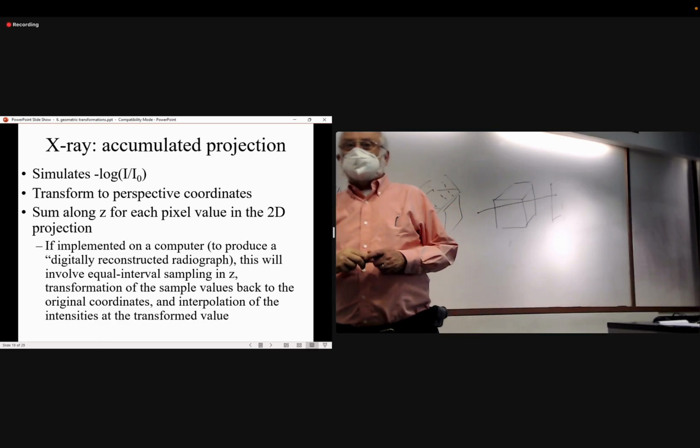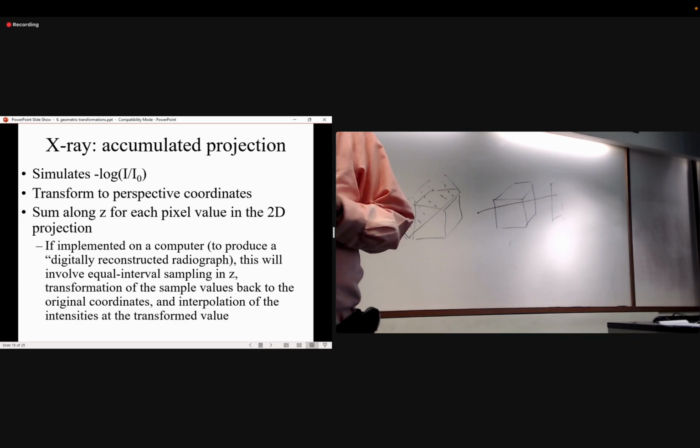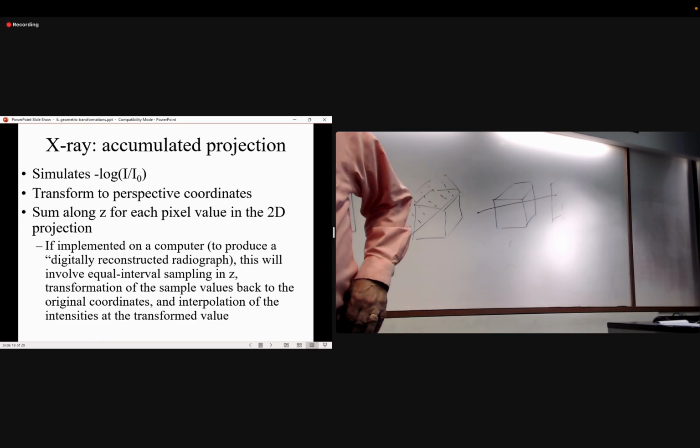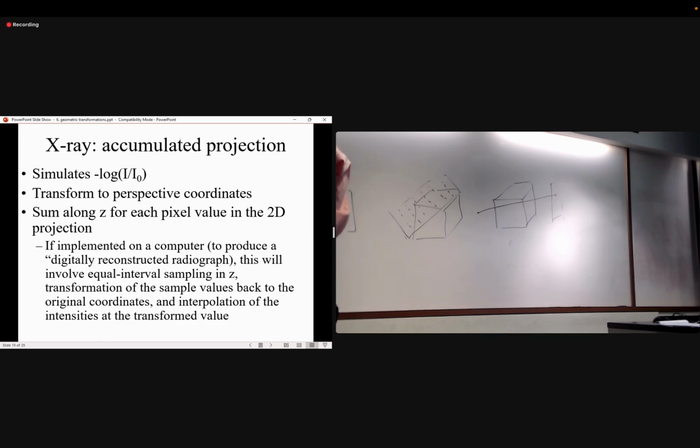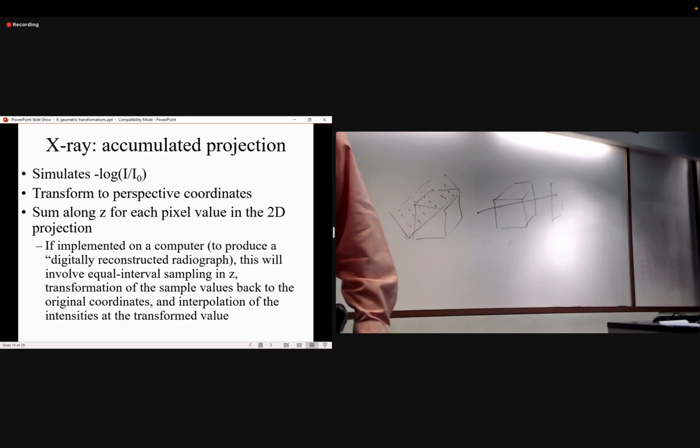If we can make that accumulation work like an X-ray, then we will be able to simulate X-ray transmission. And that projection is what we need to do what's called digitally reconstructed radiographs. They get called by the letters DRRs,